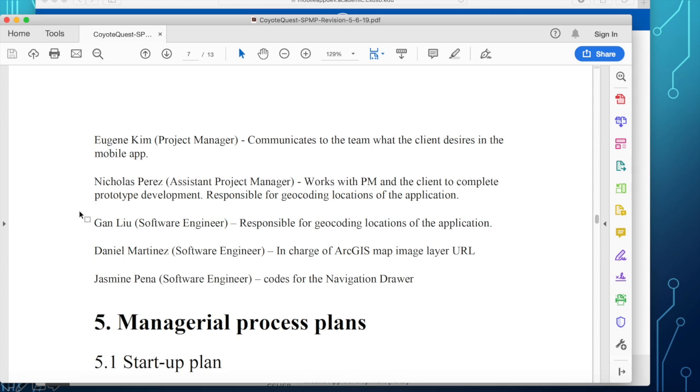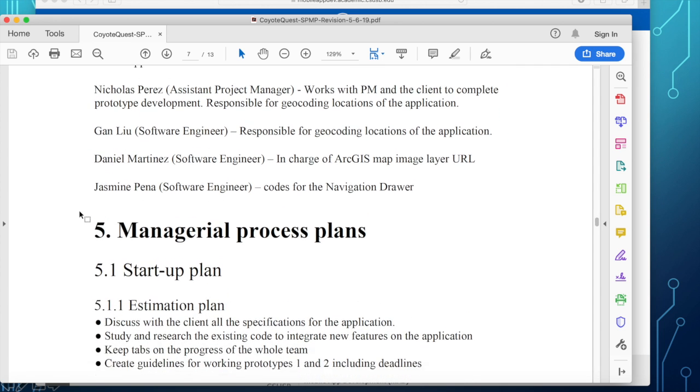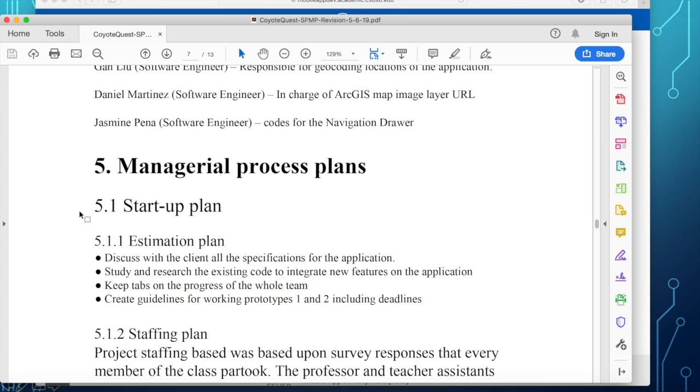So you cannot be 100% management or 100% developer. You must be both, okay? I would say 50-50. You are a manager and a developer at the same time. So don't get into your head that just because you are a manager, you are not involved in development. You are involved in development. And the only difference is that you are responsible for managing the whole team.